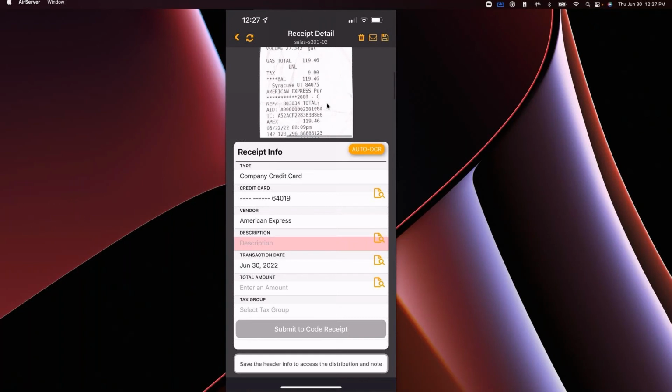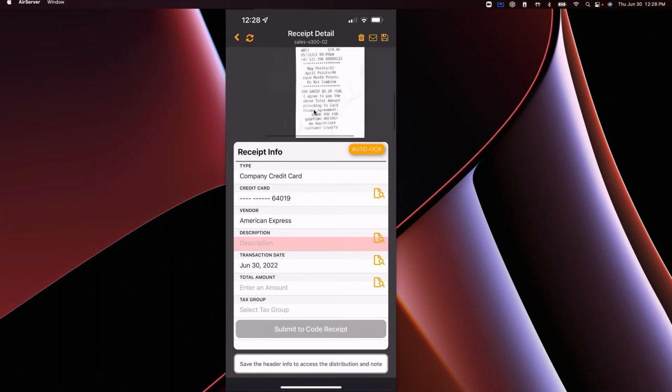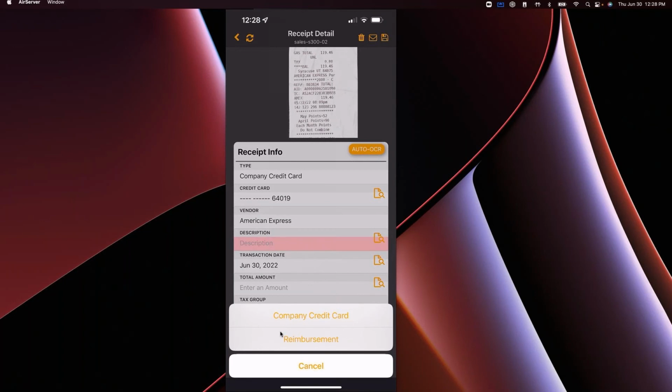This is when fuel was even more affordable back in May. So this is replicating what an end user would experience. They snap the photo. Down below here, we can have some information about the purchase, such as the card number that's assigned to this user if they're a company credit card holder. If this was a reimbursement, they could have access to submit a reimbursement as well instead of a company card.